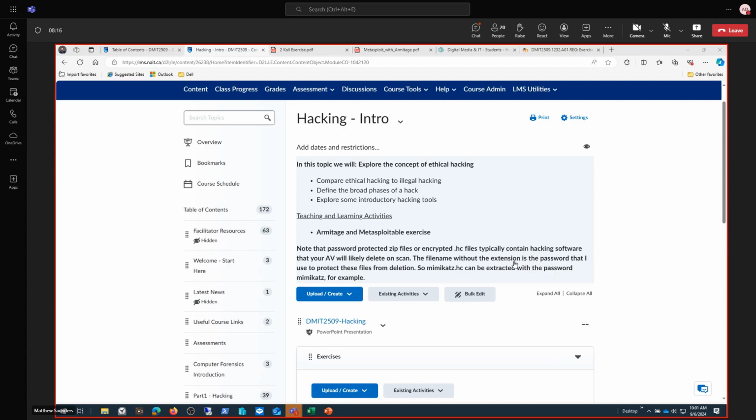Now, the convention that I've adopted is that whatever the file name is, that's the password to get into it. All I'm trying to do is stop the AV from messing around with things. So if you get, for example, mimikatz.hc, you can extract that just by taking mimikatz as the password.